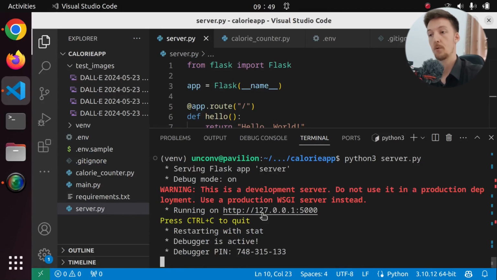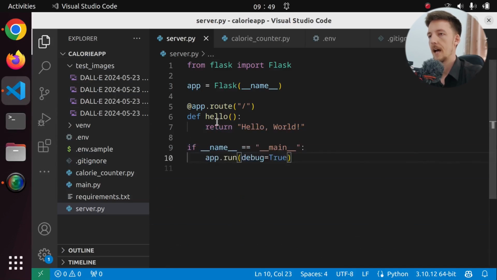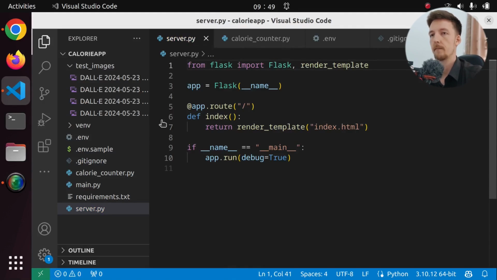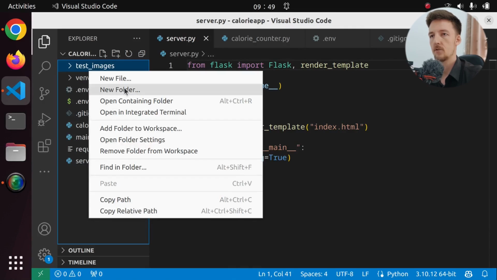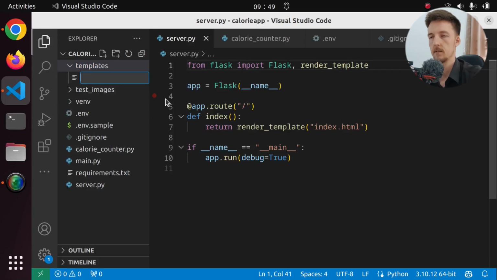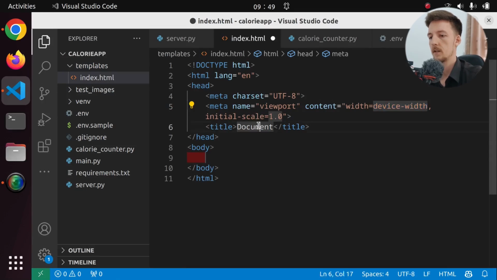So let's see what we have in there. We have hello world. Okay, but we want to have some sort of UI where we can upload an image. So let's add a button in there. And this is going to be the index route. And we will just render template, let's say index. And we have to import render_template from Flask. And let's create a directory called templates. And here we will create index.html. And let's just add some boilerplate here. And this is